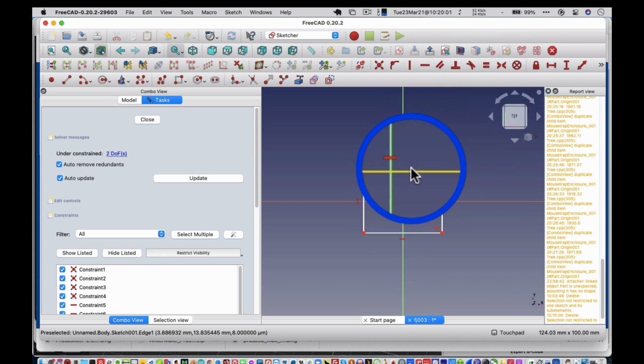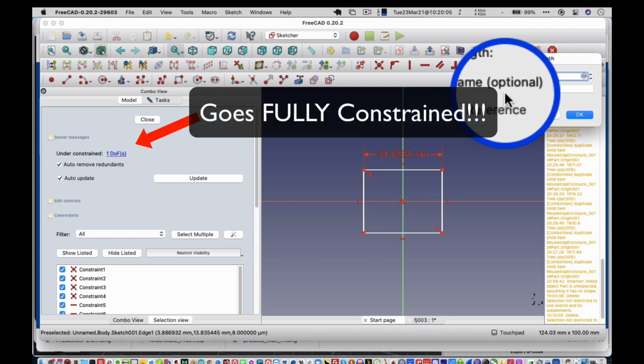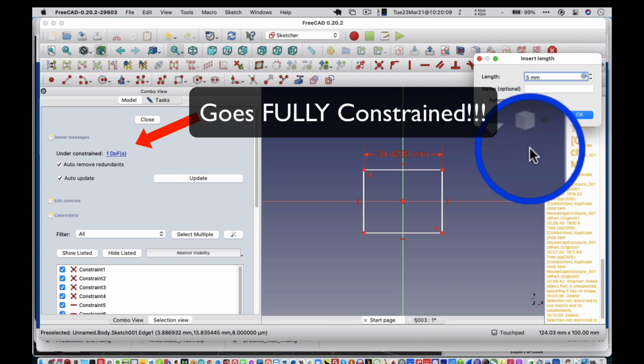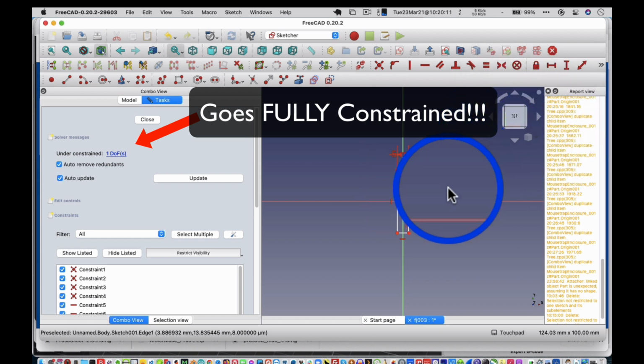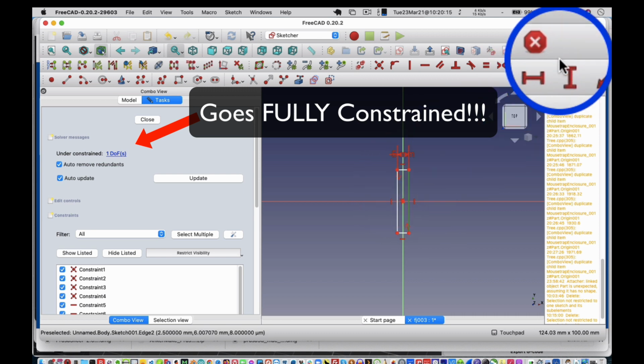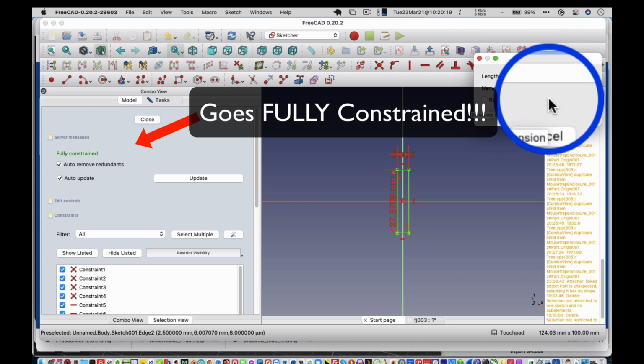And then I'm going to take this, I'm going to dimension it, horizontal to horizontal. So we'll say 5. Note how it goes to fully constrained. This guy, and it's vertical to vertical, and we'll say 5,